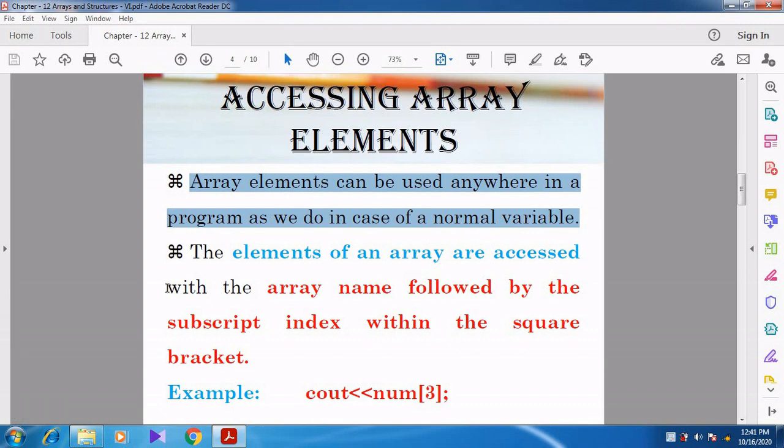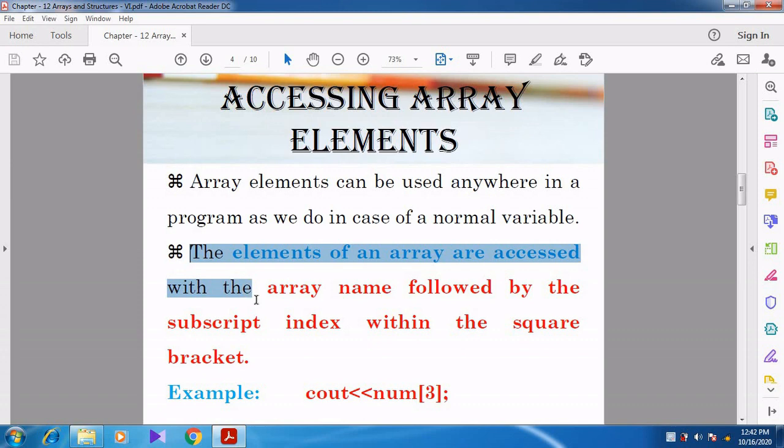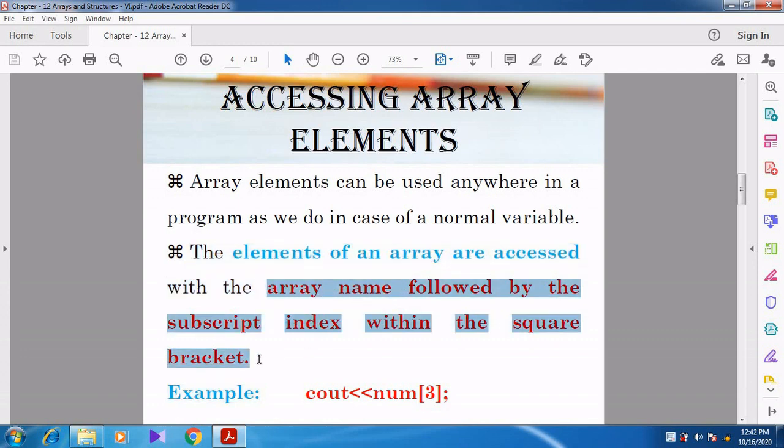How can the elements of the array be accessed? They can be accessed with the array name followed by the subscript index within square brackets.